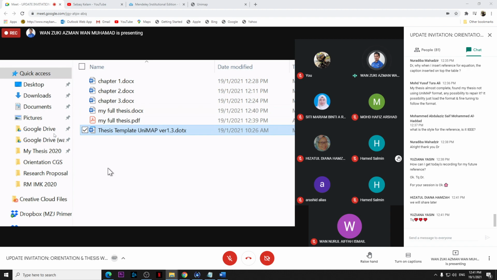That's why I said when you double click, you are not opening the template. How to open? You need to right click and open. So when you double click the template, Microsoft Word will give you DOCX. That's why when we save the DOCX, my full thesis is in DOCX. So for the template, we just need to attach the template. We want the styles in the template, and then we transfer them to the DOCX. So that's the idea.